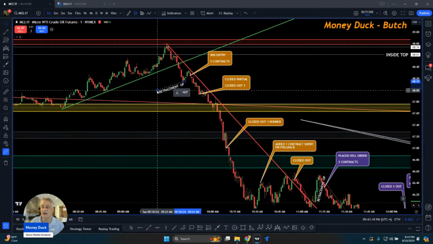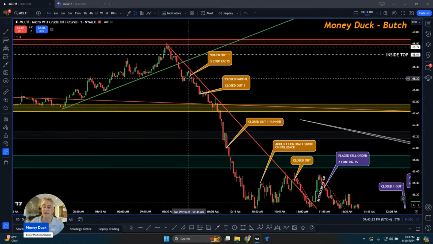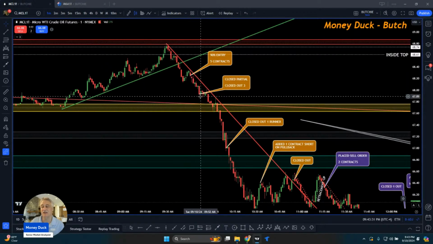And then I'm looking for a break of that line, break of the retracement line. That's what that candle was. Not very impressive, but it was a break of it. So I put 5 contracts on there. When it pulled down here, this big push, I like to only close out